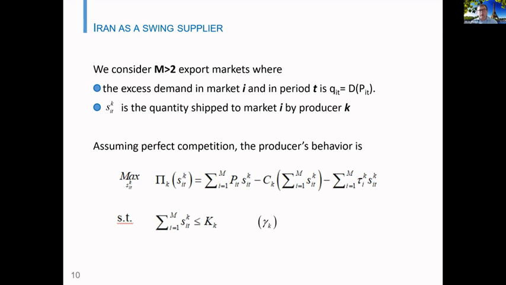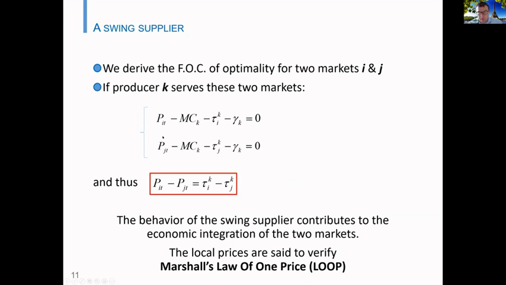So the standard model, when we have a spatial arbitrageur that ships a commodity to a collection of markets: if that exporter behaves as a profit-maximizing exporter, it ships a quantity S to the various markets, depending on the price it observes, the production cost and the transportation cost to the various markets. From the first order condition, we can derive a condition for spatial integration, which is that the spatial price at destination should reflect the differences in the shipping cost to these various markets.